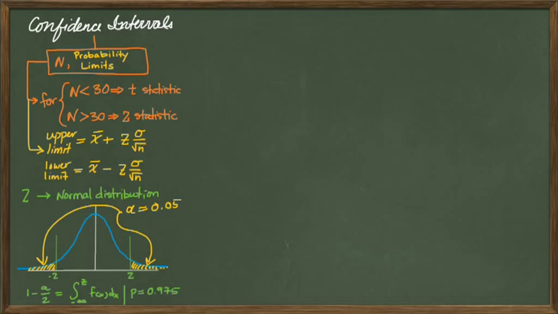That corresponds to a probability of 0.975. I know this may sound confusing, because didn't we just say the alpha is 0.05, so wouldn't it be 0.95? But in the probability distribution table that you have, the integral goes from negative infinity to z, and because the confidence interval chops off the upper and lower tails, and the summation of the upper and lower tails is 5%, each of the tails is only 2.5%, so it's actually 1 minus 2.5%. So that gets us 0.975.